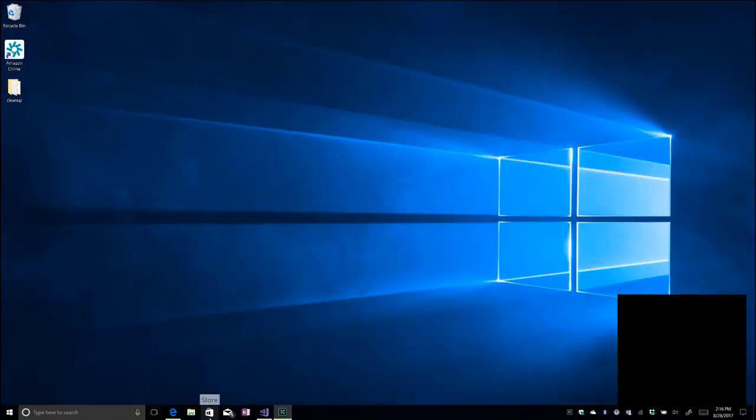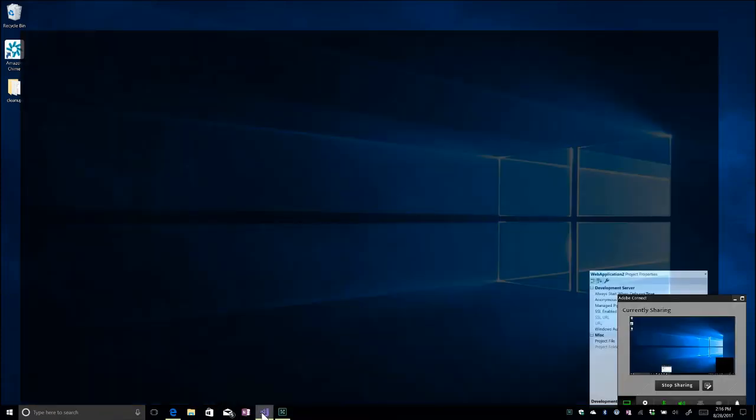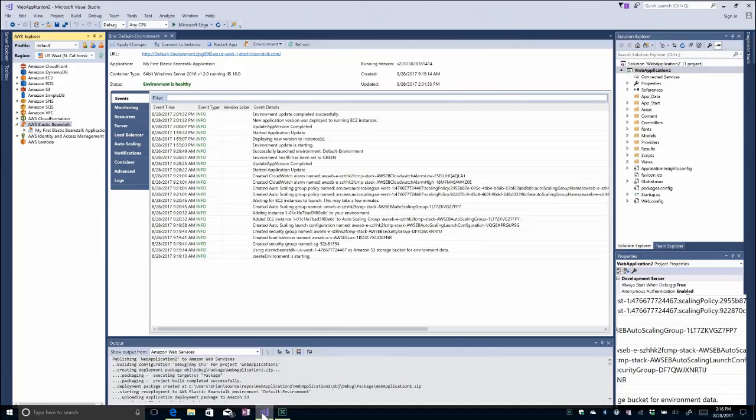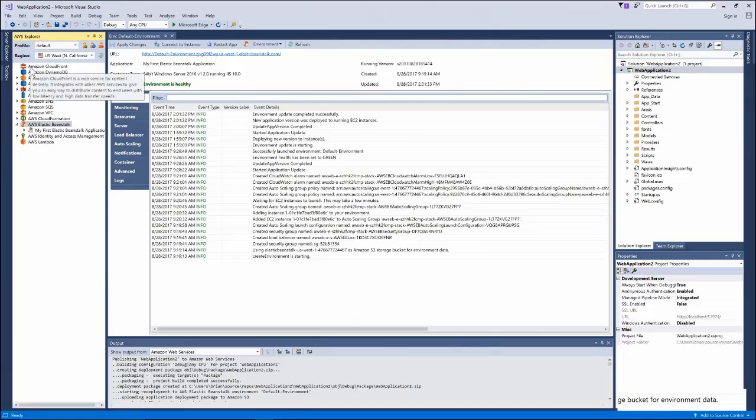Okay, we should all be seeing my screen. And the first place I'm going to start here is in Visual Studio. And let's start with taking a look at how do I go and add the Visual Studio, the AWS extensions